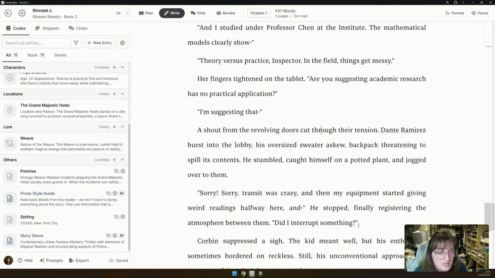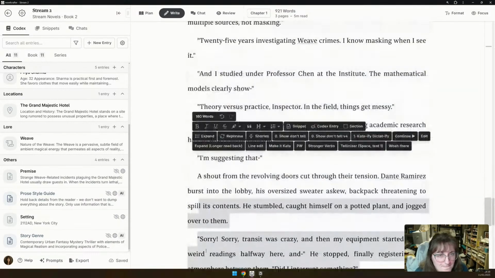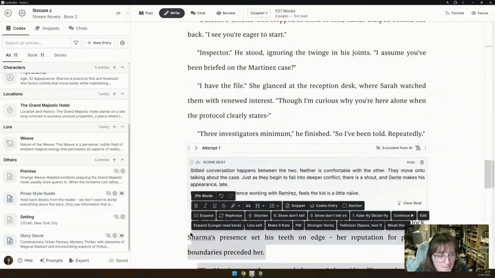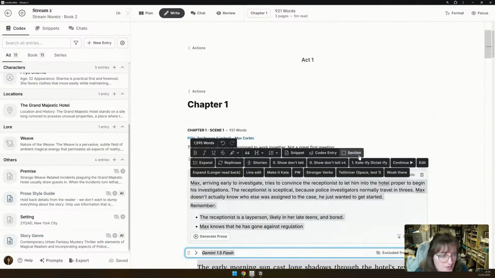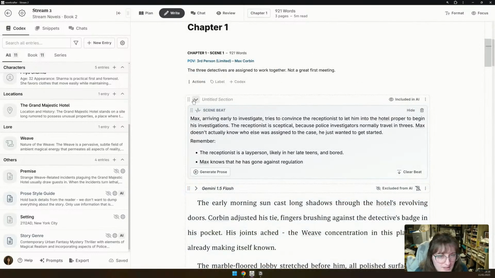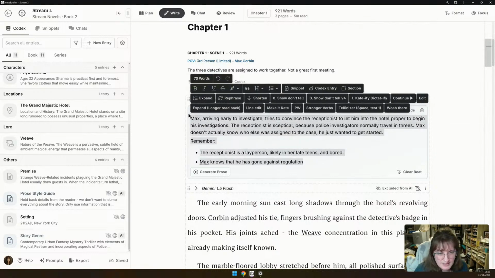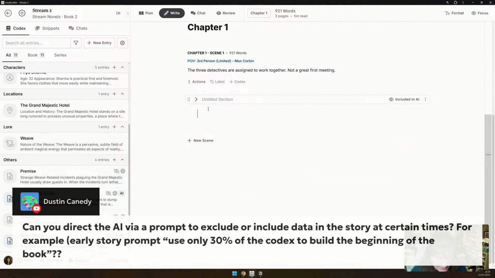Okay, so we're going to try this. I'm then going to take everything here, pop that all into a big section, and then I'm going to add these in manually as new scene beats.